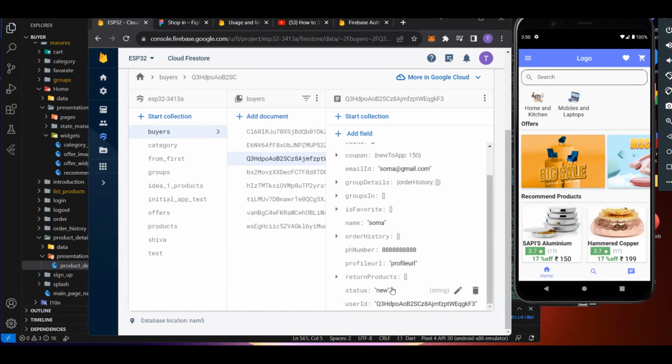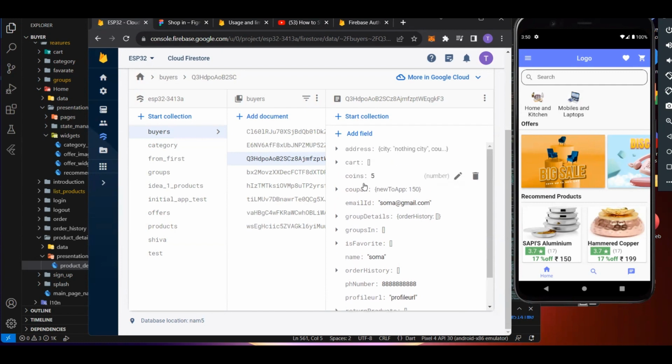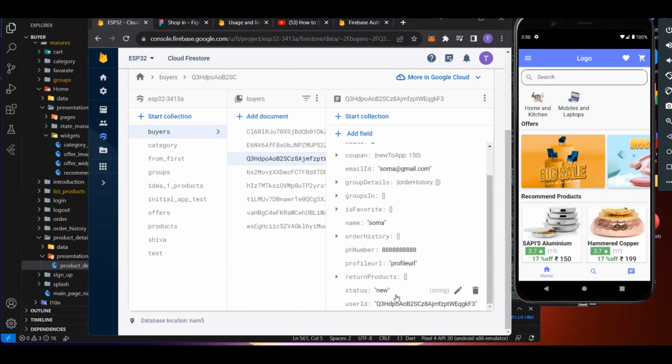But when we want to see recommended products, now these recommended products are dummy. But in the real scenario, we'll be having some machine learning models that will recommend this. For that machine learning model, we want some criteria. One among them is this status. As this user is new, he'll be having the status as new. As the user has ordered a number of items and has a number of coins, it will be moved to advance. So that's about this. And coming to the app,